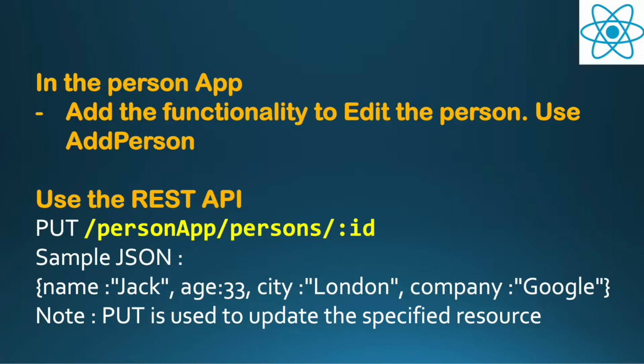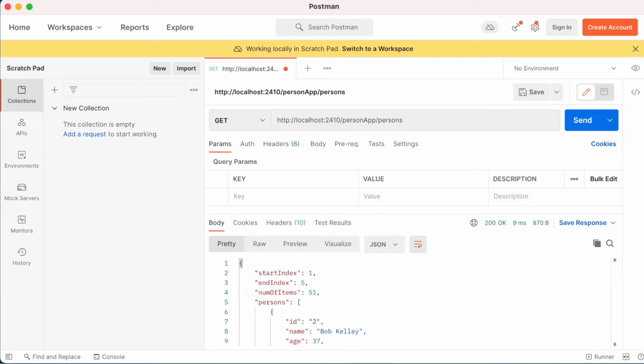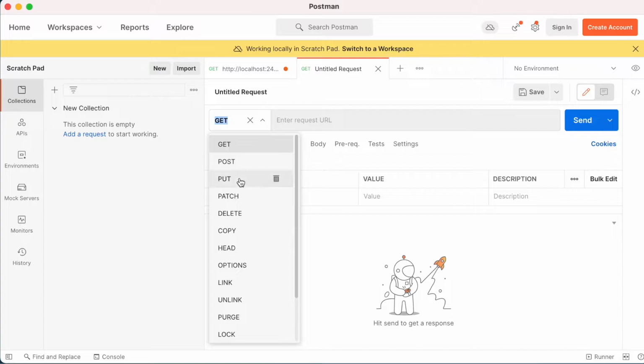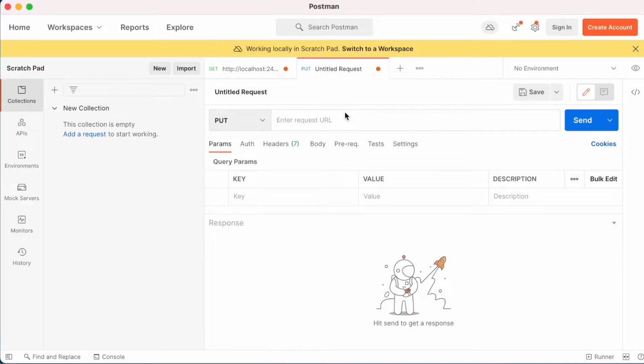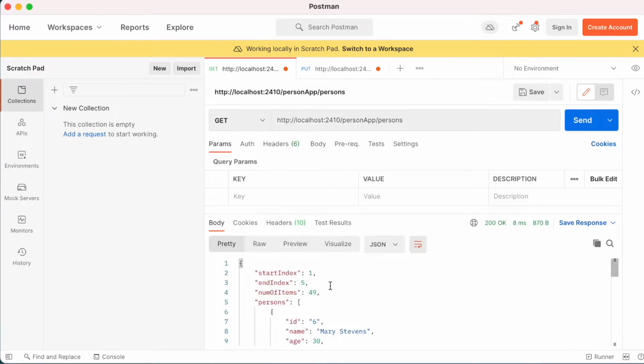So first thing, let's go to Postman and test it out. So let's get all the users. We are now having 49 because we deleted all of them. Let's now create a put request. What will be our path? And who do we want to edit?